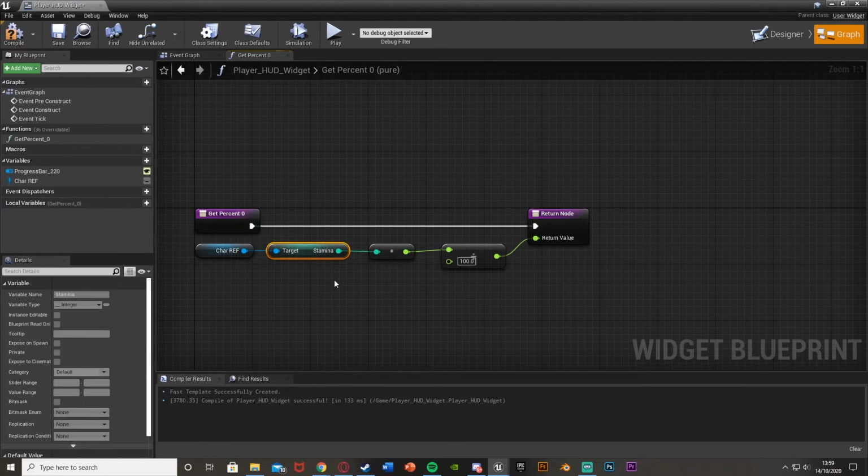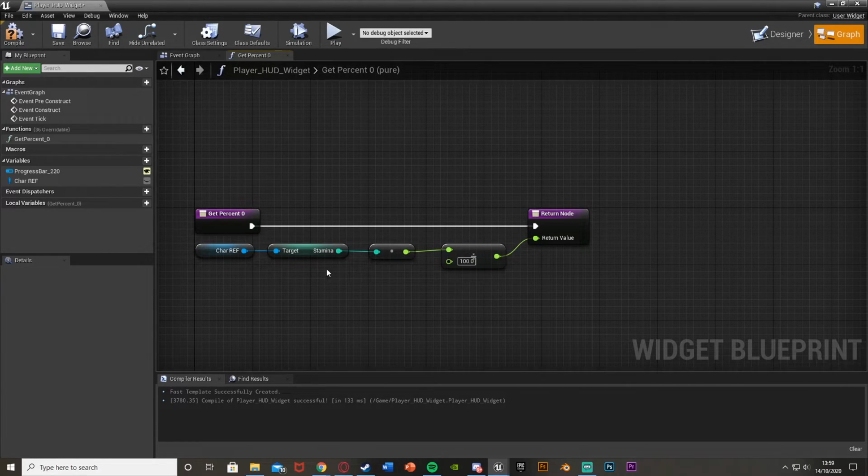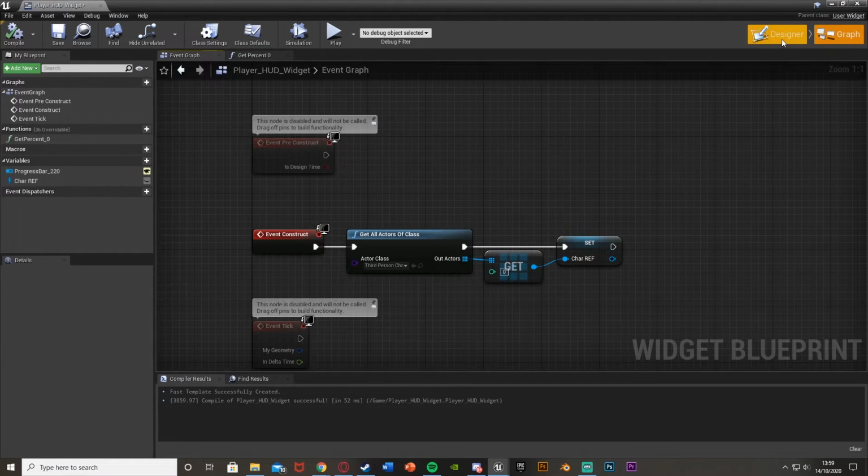So if we have 100 stamina, that will then be 1. So as we are then going to be dividing that by 100, it will then be 1 as the progress bar goes from 0 up to 1. So 0, 0.1, 0.2, 0.3, which is why in the previous video I said keep it as multiples of 100 just to make this maths a lot easier. So as you can see, we now have this all working. So it's going to reference the character, get our stamina, divide that by 100 to get it as a decimal between 0 and 1, therefore a percentage, put it into this return node,